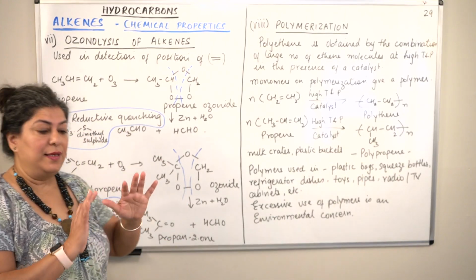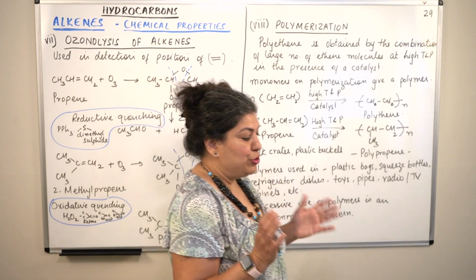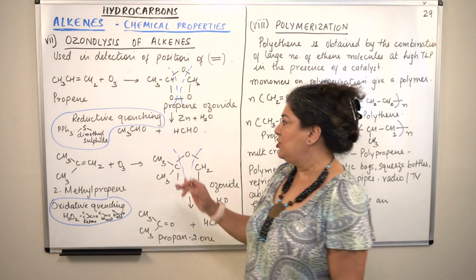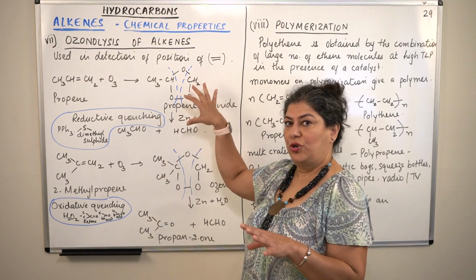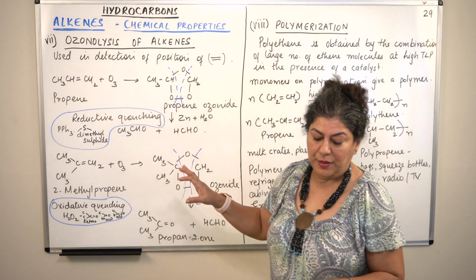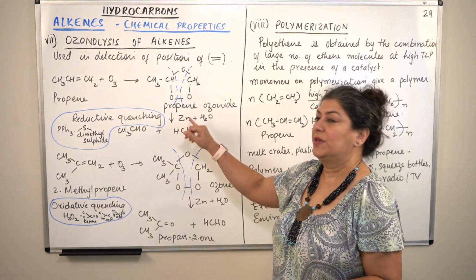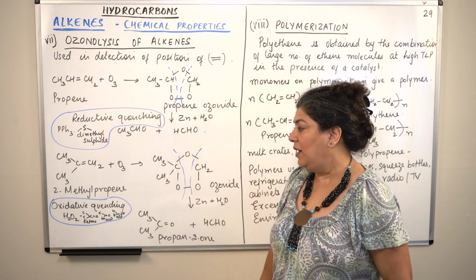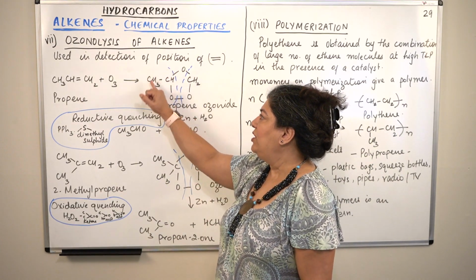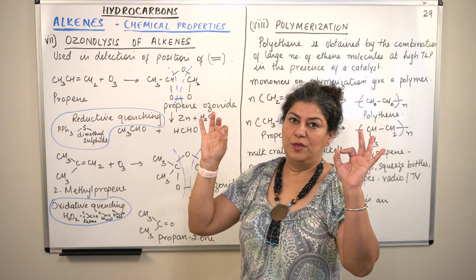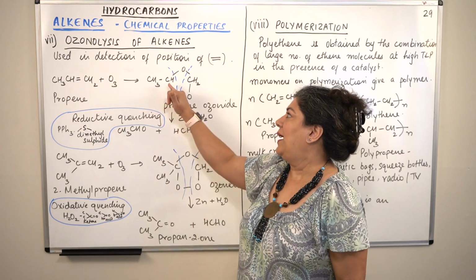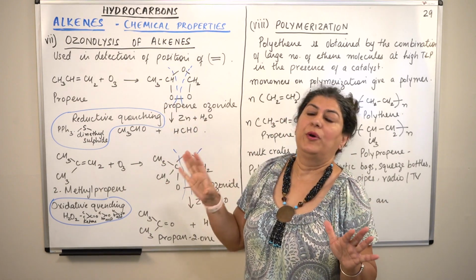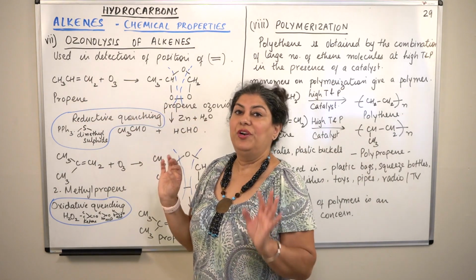Right now, it is sufficient for you to know that when ozonolysis occurs, you get two products. The first step involves the formation of an ozonide, and in the second step, in the presence of zinc and water, the two products are formed. And you do not change anything in the two carbons. Whatever they are attached to, the other two bonds remain as such, and you just add a double bond to oxygen wherever the double bond broke.